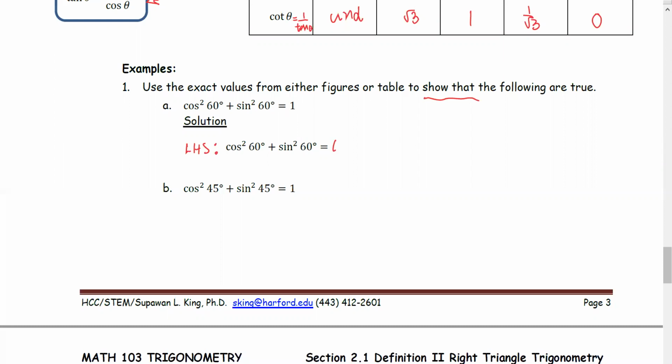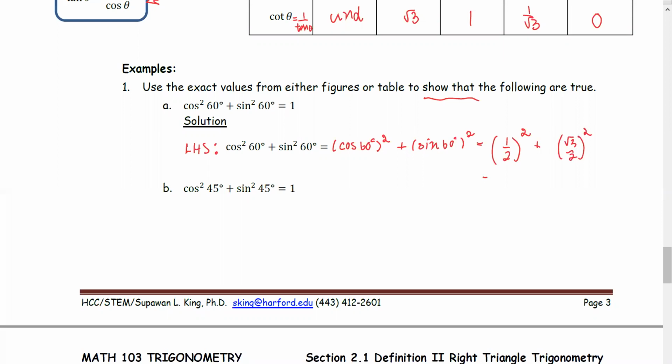We will write it in the way that's easier to look for the numbers or easier to compute with the numbers. Cosine squared 60 degrees means cosine of 60 degrees squared plus sine of 60 degrees squared. From the table, the cosine of 60 degrees is 1 over 2. So (1 over 2) to the power 2 plus the sine of 60 degrees, which is square root 3 over 2, and